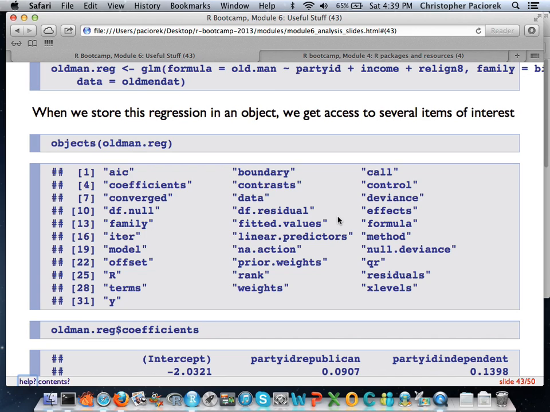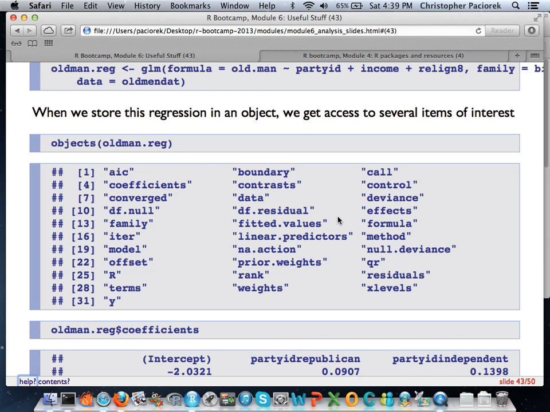And you see, as Chris said, you get a whole lot of regression type stuff. You've got some information criteria here, the coefficients, this is probably what you're most interested in. You've got the original call that you put in, your data set is there, what you specified as the family, there's a vector of fitted values, your Y's, weights if you specified them, there's a whole bunch of stuff. But what you can do is actually, once you have this object, you can specify one of those elements of this, what is basically a list, to actually see what they are.